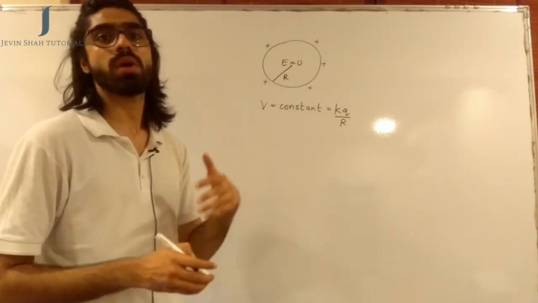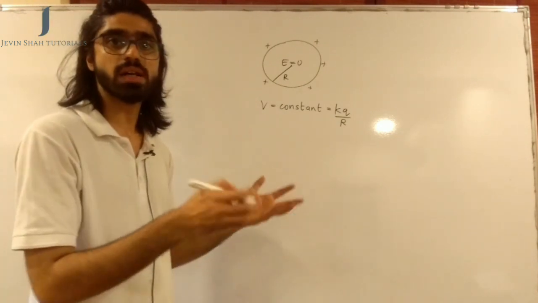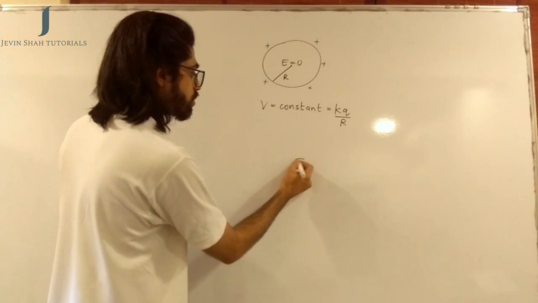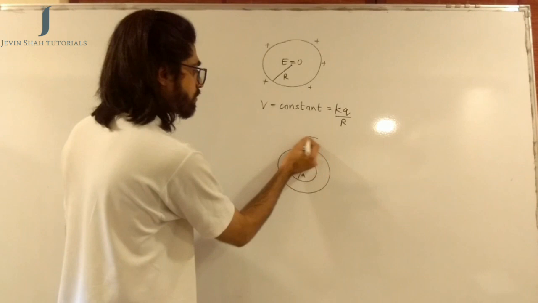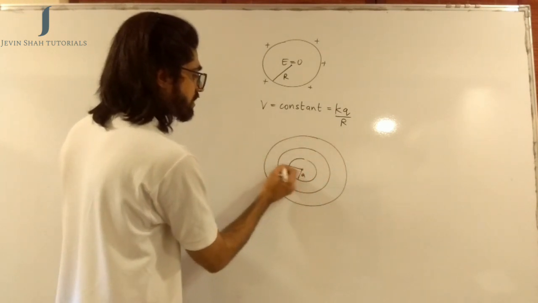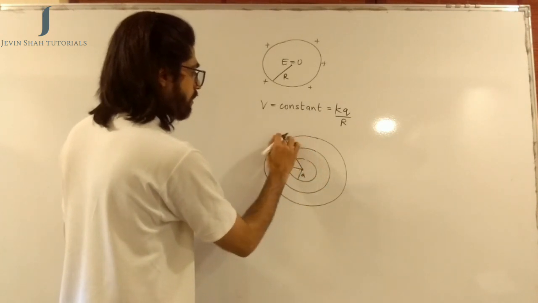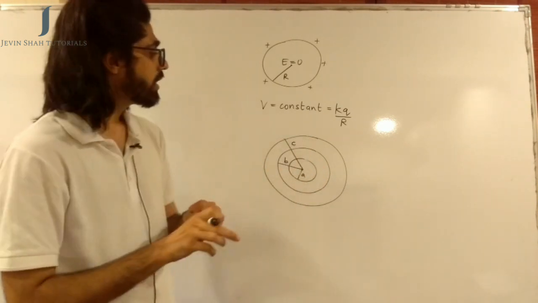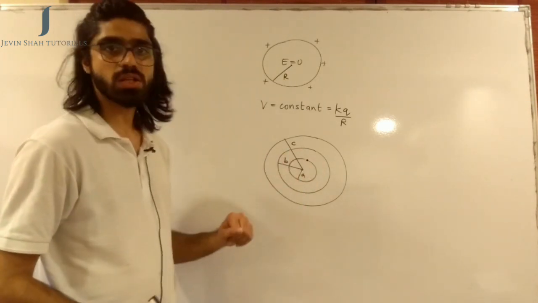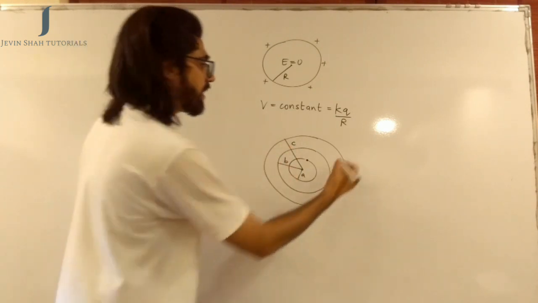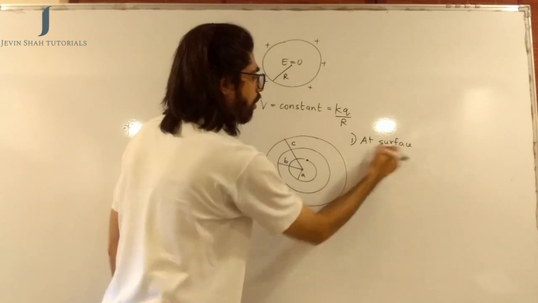Now this is where some questions come in JEE Mains. So the format of questions or the entire setup is given something like this. There is one sphere of radius A surrounded by another sphere of radius B surrounded by another sphere of radius C. So the radius of the second sphere is B and the radius of this sphere is equal to C. Okay, now we need to find the potential at the surface of A. At the surface of A, you will say that at the surface of A.